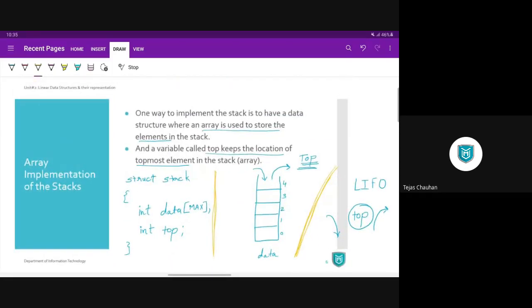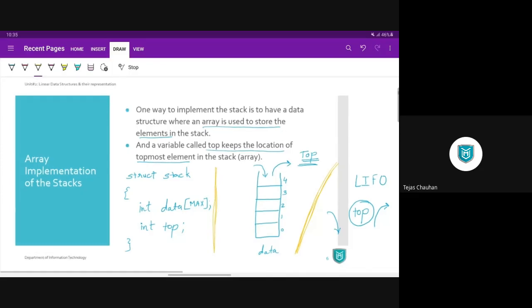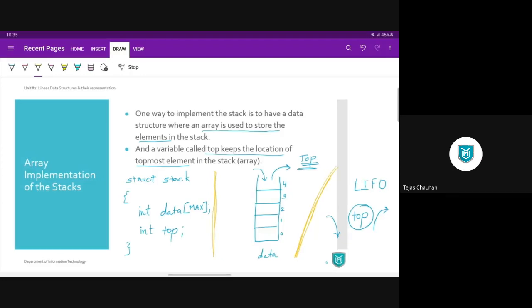So what is stack? Stack is nothing but an ordered group of homogeneous items. So it's a collection of items, so we need an array, and it is an ordered one. Operation will be done from one end only. At which place we are going to operate, we need to remember that place. To remember that place, we call it a top. So we need a data array and we need a top pointer.